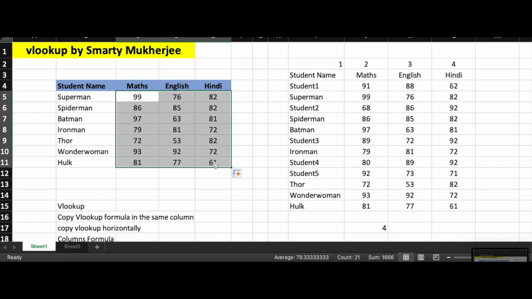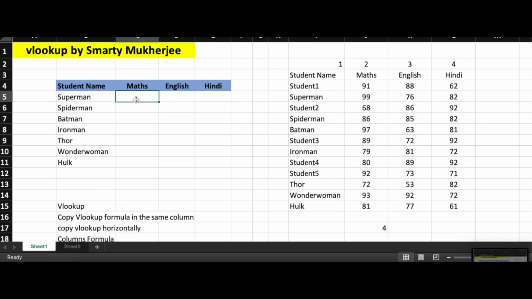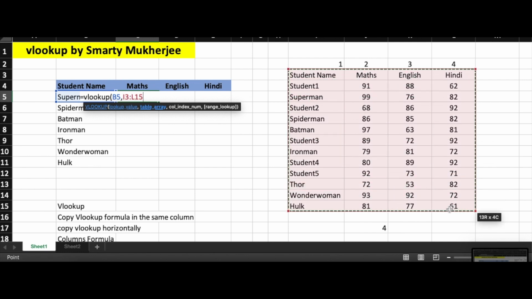Let's just remove these numbers. Hope VLOOKUP is clear to you. Now we are doing another VLOOKUP formula, which is not different. It's just that if you have some issues in copying the formula or you want to copy multiple rows, then you can use this formula. In table array, again we are selecting this table, and instead of column index you put the COLUMNS formula.